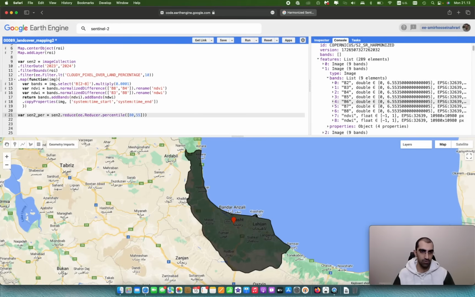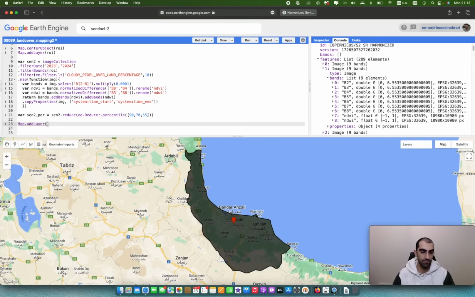These two kinds of percentile help us explain the temporal variations, specifically between the forest and the croplands. It is very important. You can also have extra percentiles, for example, 70. This is another percentile that we can have to explain the variations better. So here, for example, we will calculate the percentiles 90, 70, and 55, and through Map.addLayer, I can